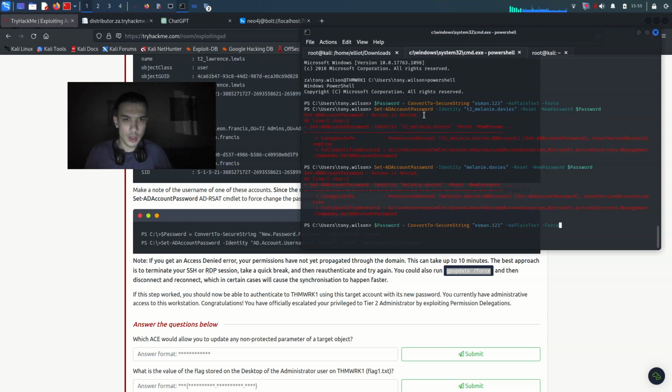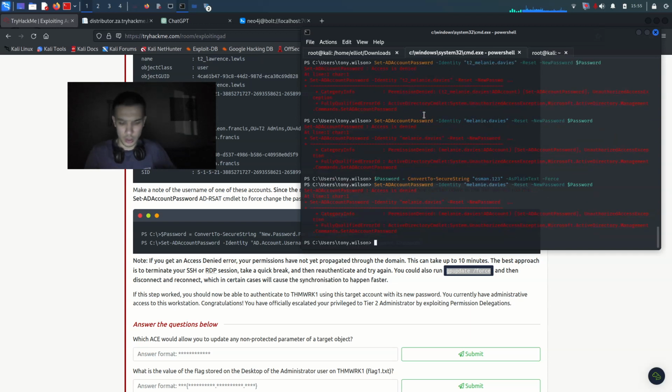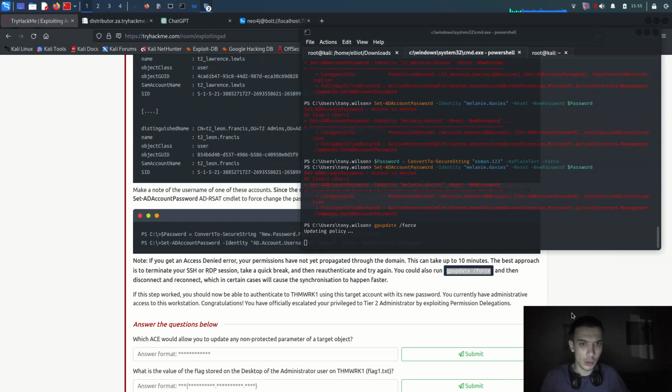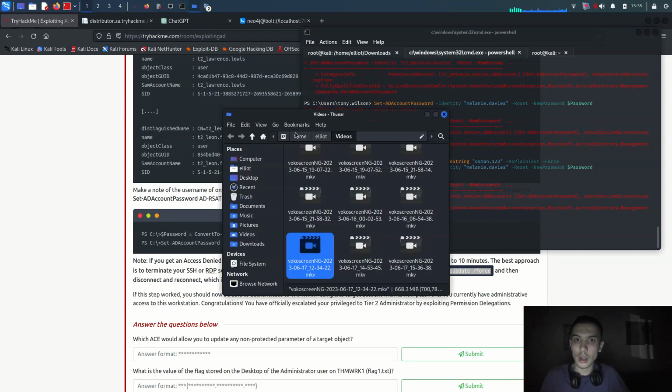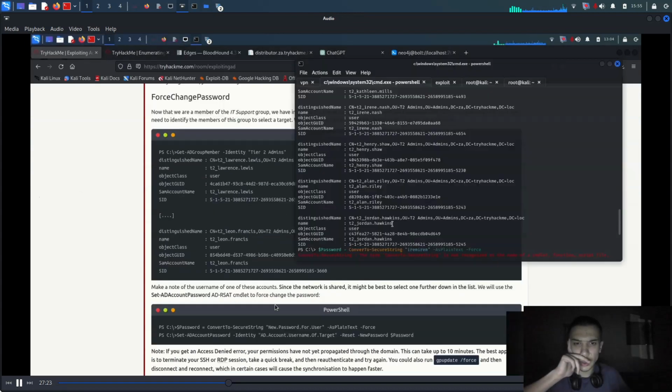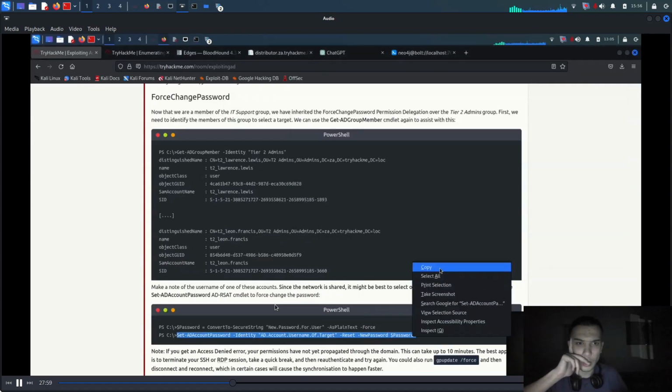So if I do it and then say it, access is denied. GPUpdate and then force on it. Okay, when I do this, what are we doing, so access is denied, so